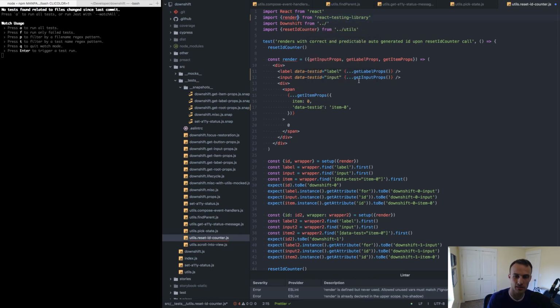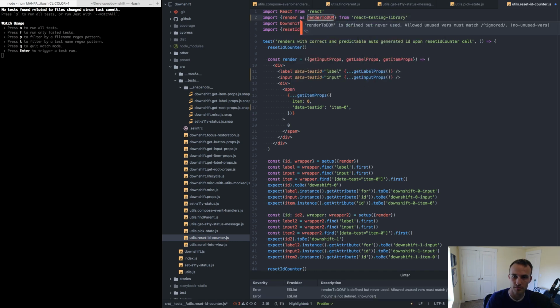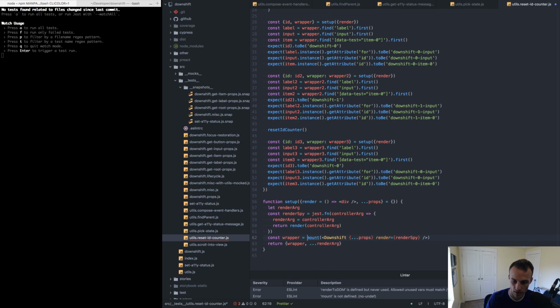And you know what, I'm gonna just call this as render to DOM, so I don't have to rename my render method all the time. Maybe I should go back and refactor the other ones to do the same thing. Yeah, that's so much better. And actually this would be called DOM utils. Yeah, I guess, I don't know. We'll just spread those, and actually I'm gonna go input equals DOM utils dot query by test ID input